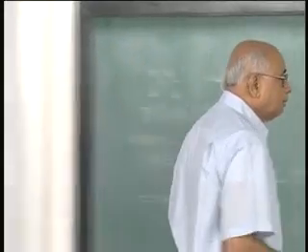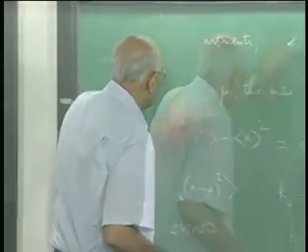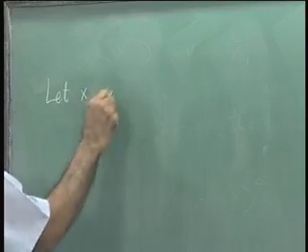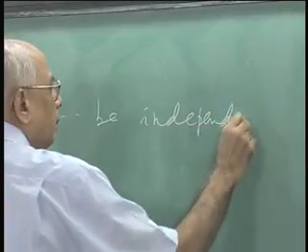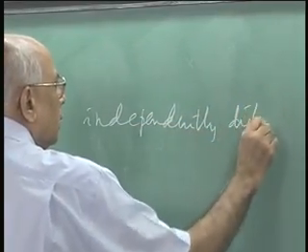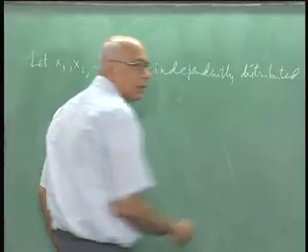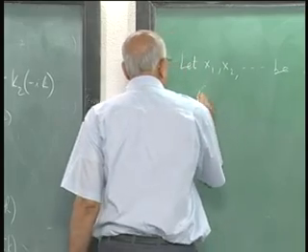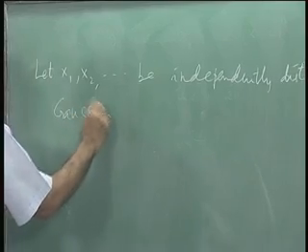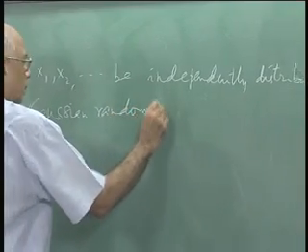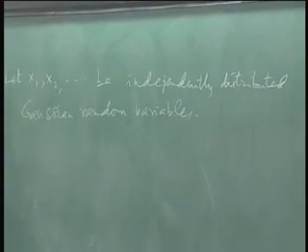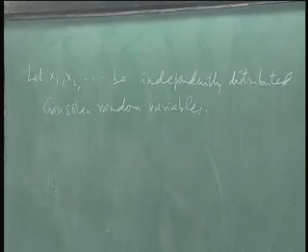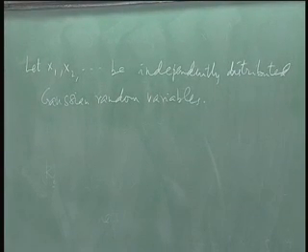In the case of the Gaussian, the following magic happens. It turns out that if x1, x2 etc. are independently distributed, they are all independent random variables, Gaussian random variables. So suppose they are all Gaussian random variables, they are all independently distributed. Then it turns out, when you work through this algebra,